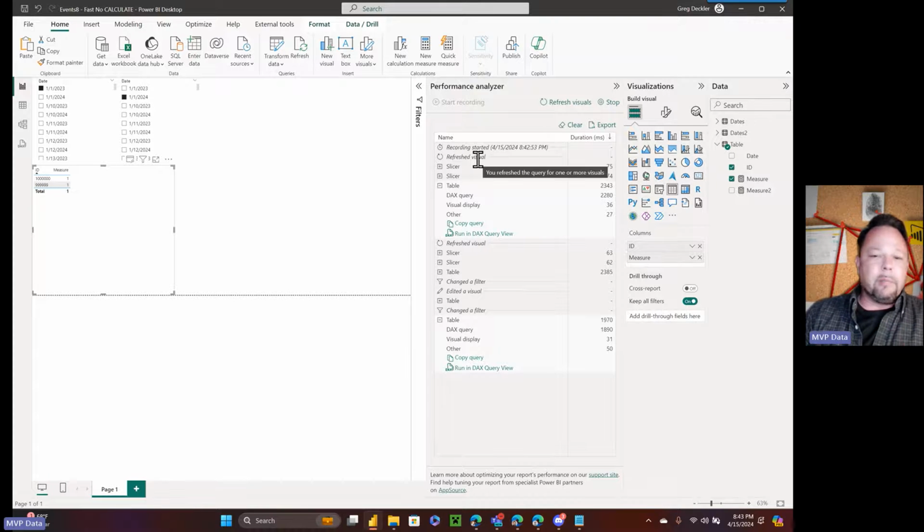And I know my limits. I'm not the DAX optimization guru. That is not what I do. I just create solutions for DAX. I don't really worry about optimizing too much. But I do know somebody that is fantastic about optimizing no calculate measures, and that would be Tamer Juma. So I reached out to Tamer Juma on LinkedIn, and he came back with some pretty nifty improvements to the DAX code. So let me go ahead and pull up.